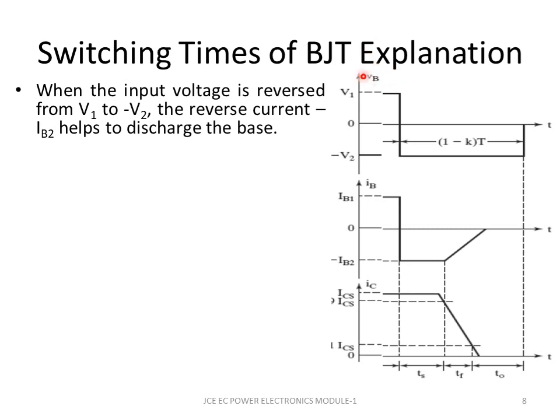The VB voltage is going from V1 to minus V2, and it remains for some time, and then again it becomes 0. So how will the base current react? The base current will follow the input voltage as it is, and it will go negative. Why it goes negative is because the stored charge tries to dissipate the minority charges, so that you get this negative current, and that is called the stored charge.